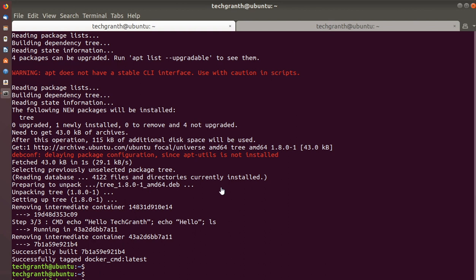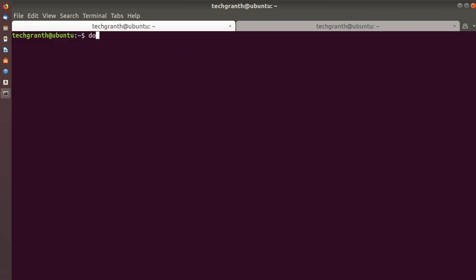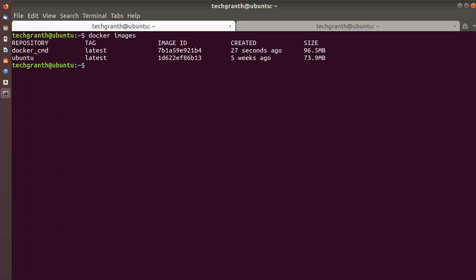Let me clear my screen, and if we check docker images, you can see docker_cmd was created 27 seconds ago. Okay, let's run docker run -it --rm docker_cmd.